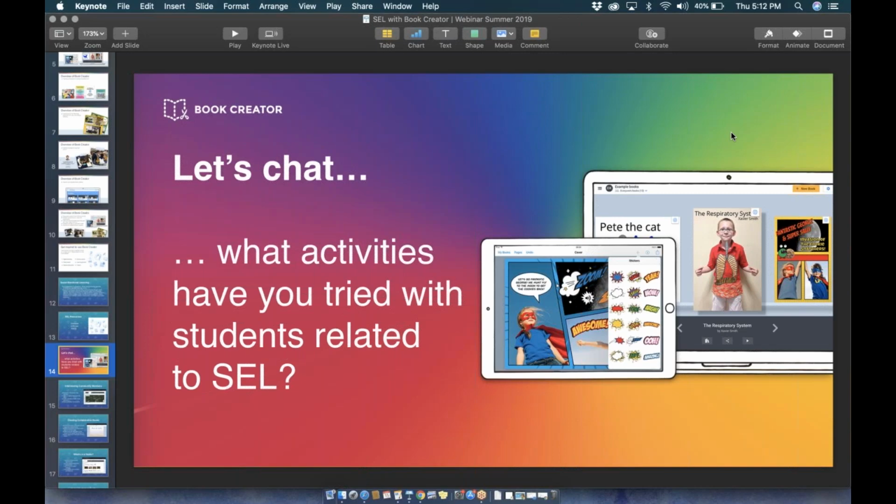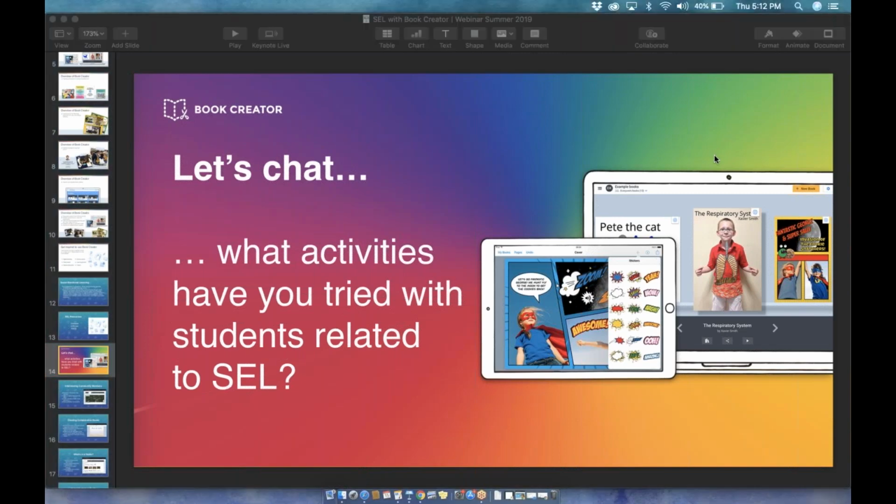So thinking about some videos that students have created, some social stories, talking about zones of regulation, awesome, things that go along with responsive classroom programs. So lots of things that you've done already to help students connect to the particular goals that you may have around SEL. Awesome.